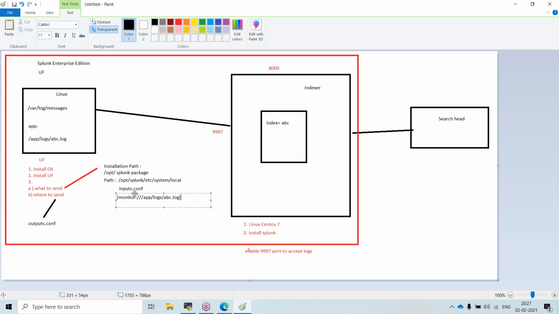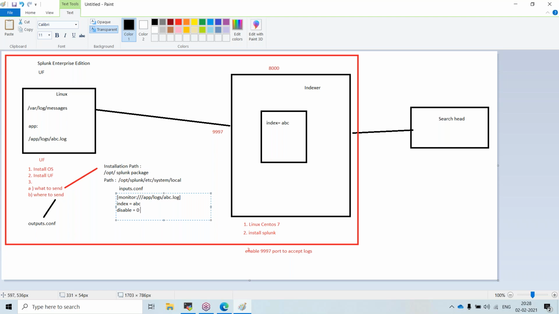Now where I have to store this data, basically I have to store it in this abc index, for this log file. Here I have to mention index is equal to abc, and there will be one flag called disabled. Disabled is equal to 0 I will give.